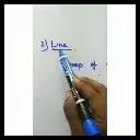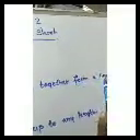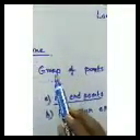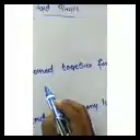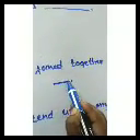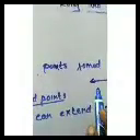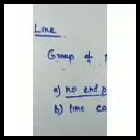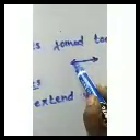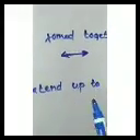Next topic is line. The group of points joined together form a line. What is a line? The group of points joined together form a line. The line has no endpoints. That's why I am putting arrows. The line can be extended